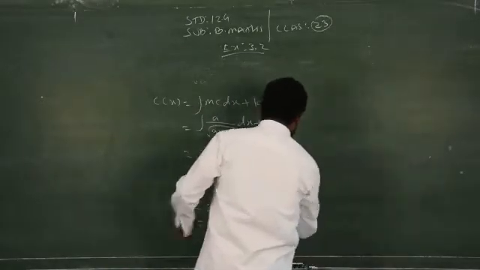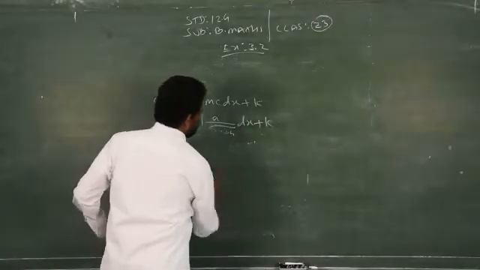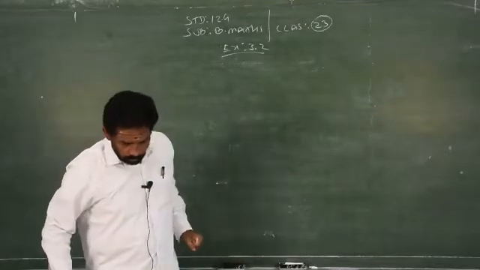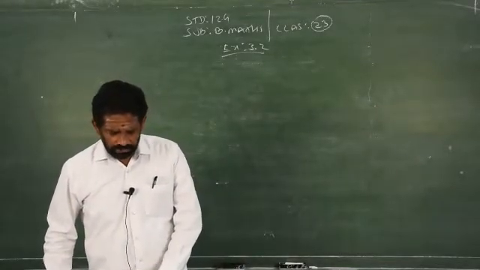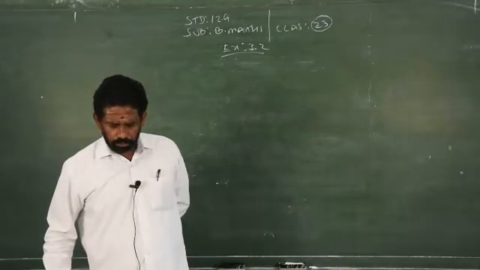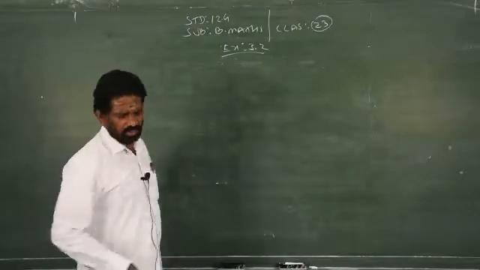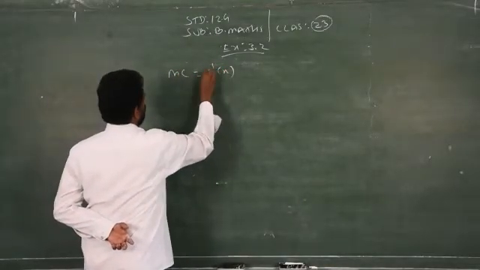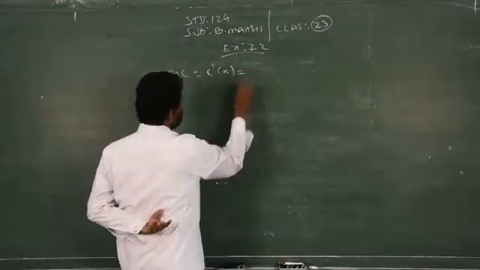Most of the problems will be the same model. If it is very simple, I will give you homework, you please do it at home. Now, sum number 9. Determine the cost of producing 200 air conditioners if the marginal cost is C dash. C dash is nothing but MC. C dash of x, the first derivative, always refers to MC. So, MC is given.